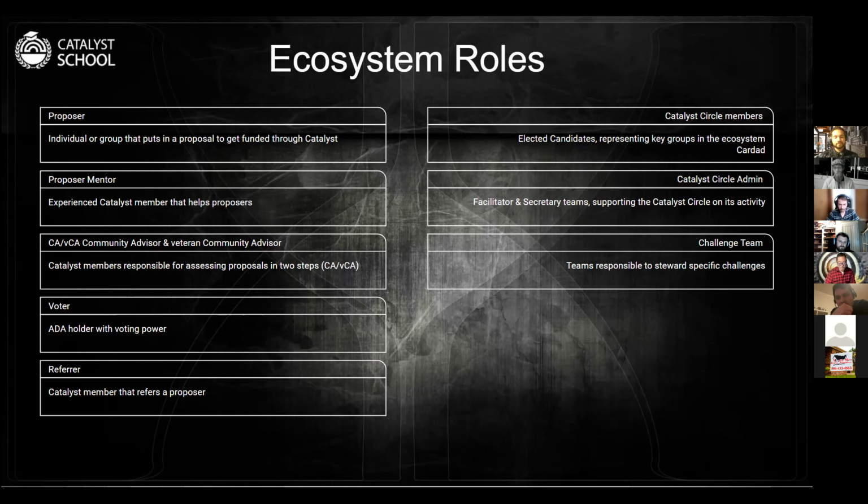And they become veteran community advisors, still being proposer, still being community advisor, and becoming veteran community advisor, earning again more experience, again more knowledge, then becoming Catalyst Circle members in grace of this experience and this knowledge. And you can cover as a single person every single role which exists. So you don't have to pick between one. You can say for yourself which one fits to you, which one applies to your skills, to your strength.